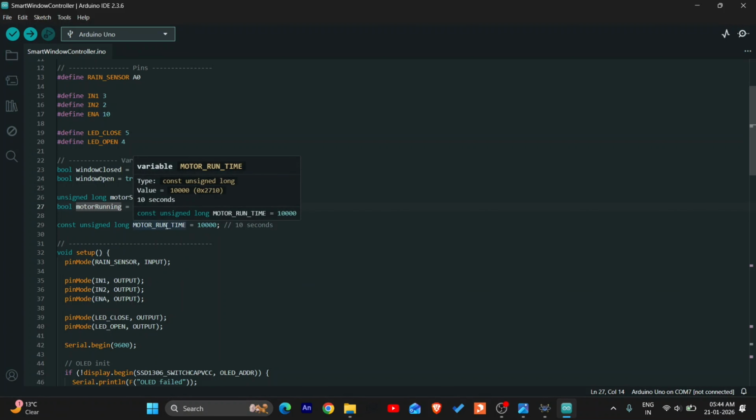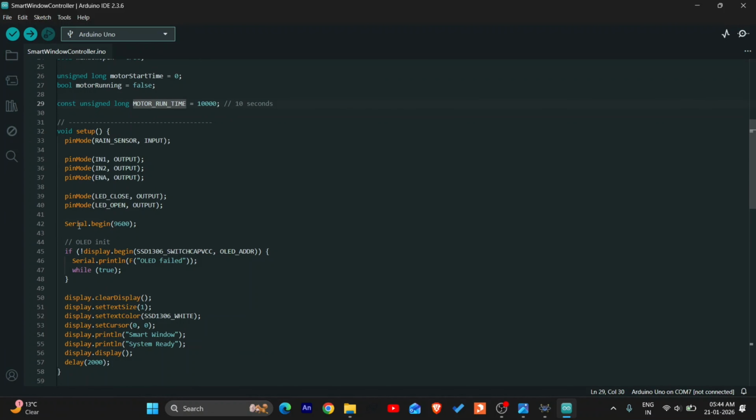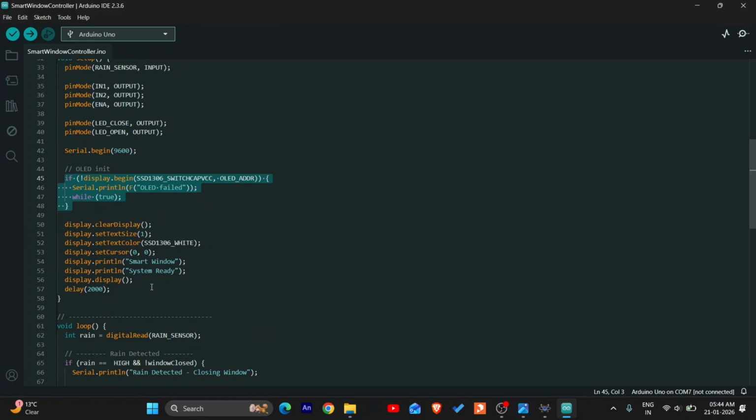We have an integer for setting the timer. As I mentioned, I had set the motor time duration to rotate for 10 seconds. Then there is a setup in which I mentioned all the pin modes, a range sensor as an input, and the rest are all outputs, that is for the motor and LED. This is for the debugging process, the serial window. We don't have to bother about it, and this is for the OLED checking, and this bunch of lines is for